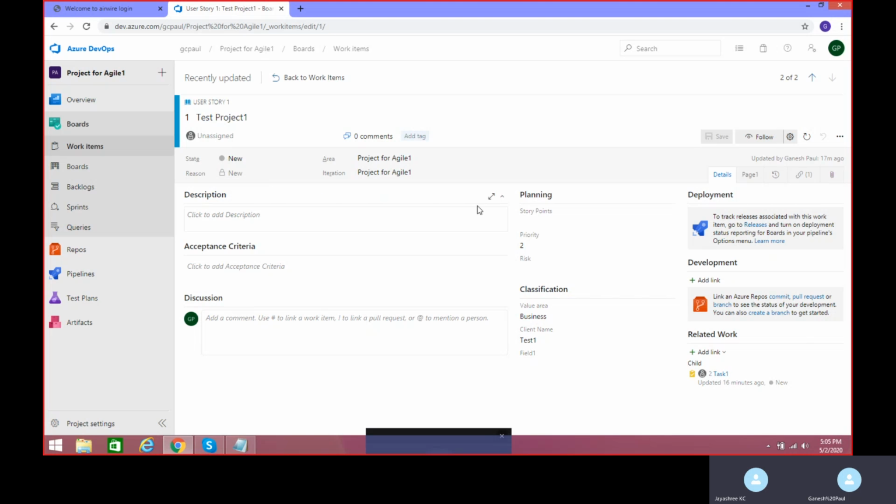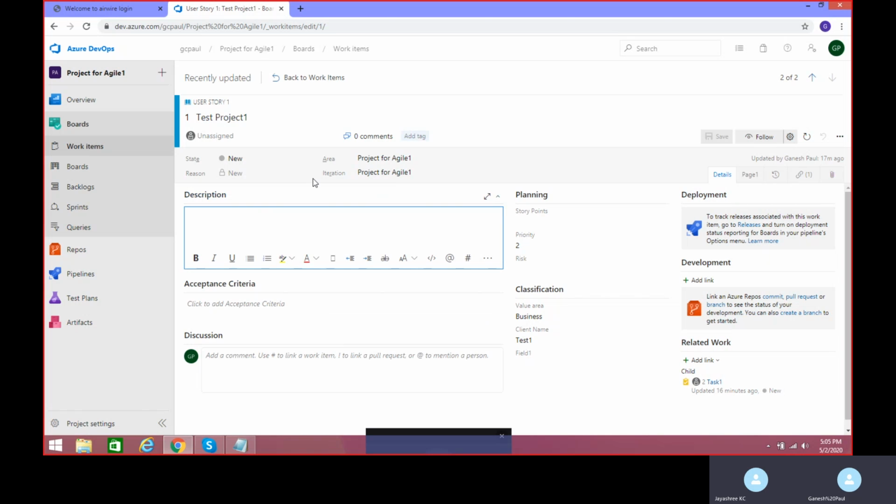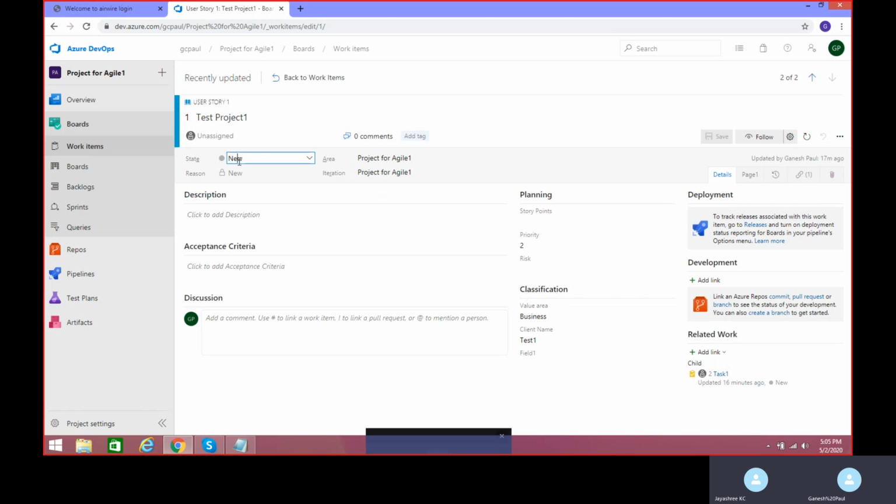State above. Yes, to your left hand side. Little above description. Above description. You see state. Yes, exactly. Go ahead and keep it to closed. Now you see acceptance criteria cannot be empty.